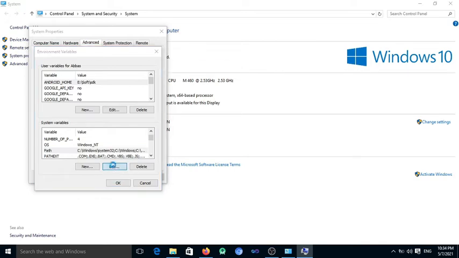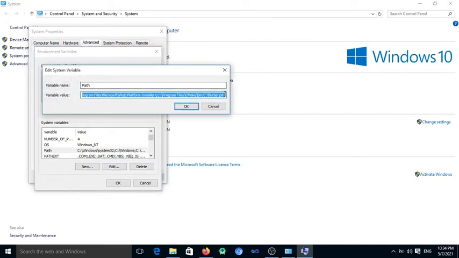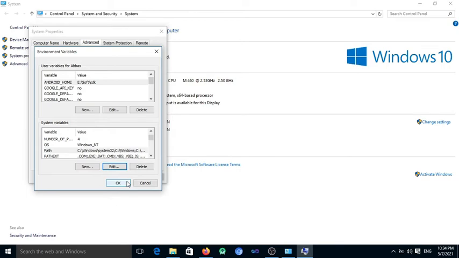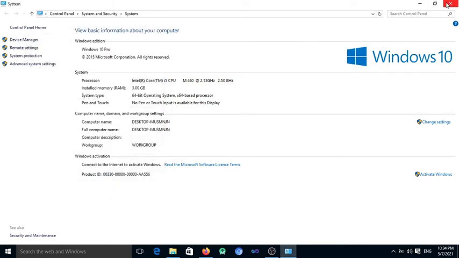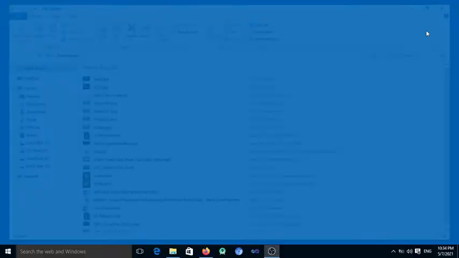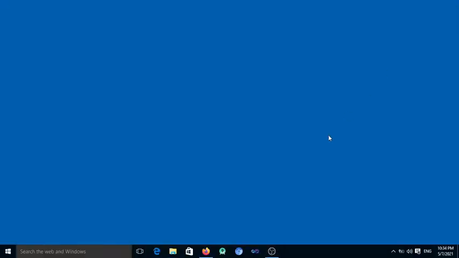Select the Path variable in the system variables and click on the edit button. At the end, write a semicolon and paste the path of your npm folder. Click OK, click OK again, and click OK again. Now your path is set.